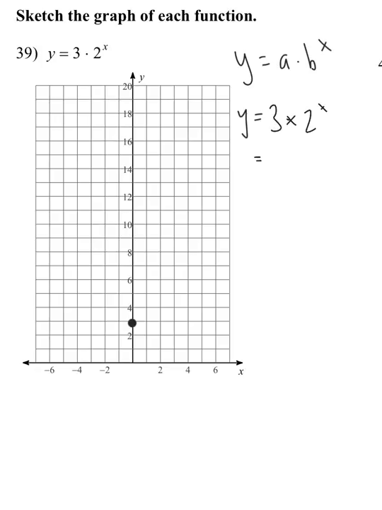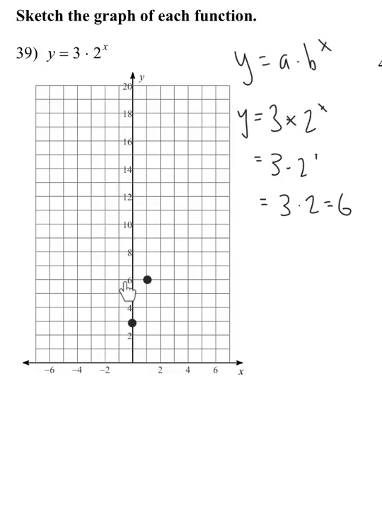So I'm going to plug 1 in. So it's 3 times 2 to the first. 2 to the first is just 2, so it's 3 times 2 equals 6. So x equals 1, y equals 6. And so what happened there is we multiplied, right? 3 times 2 made 6. So now next